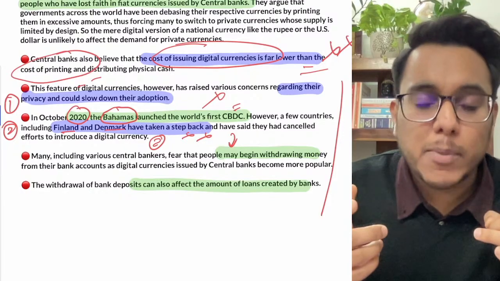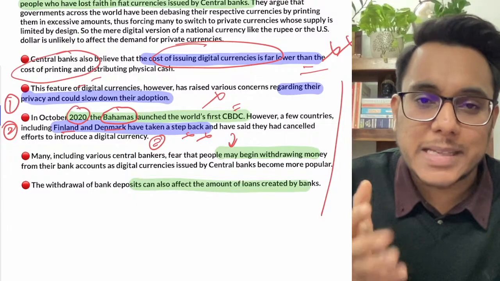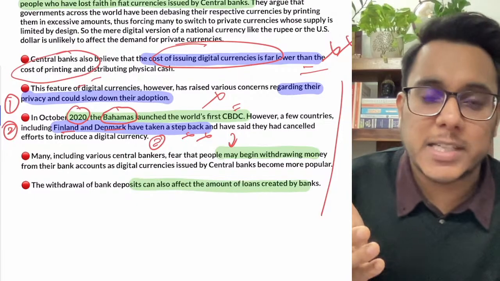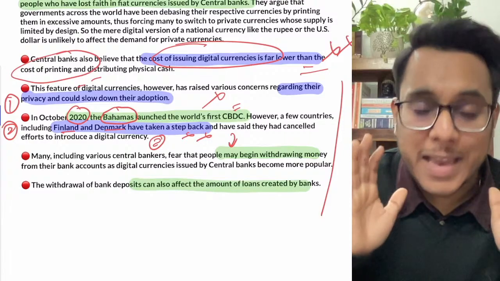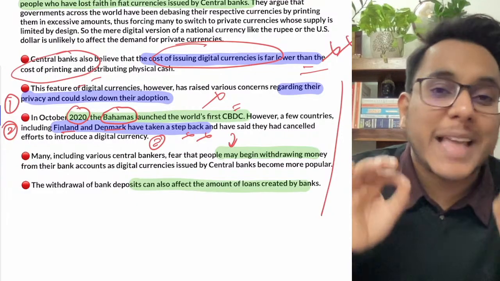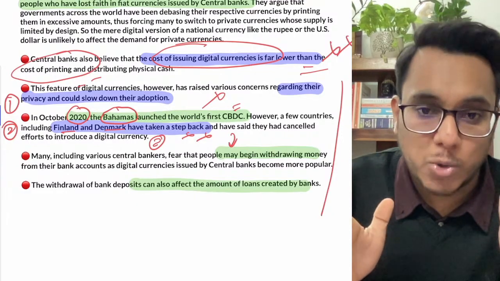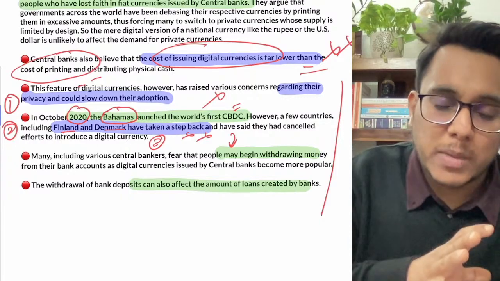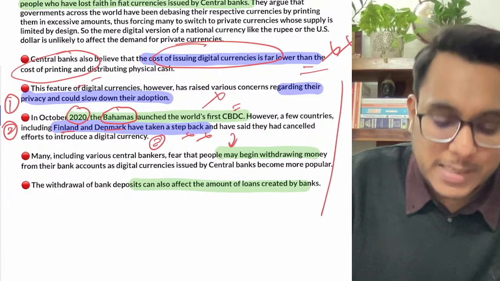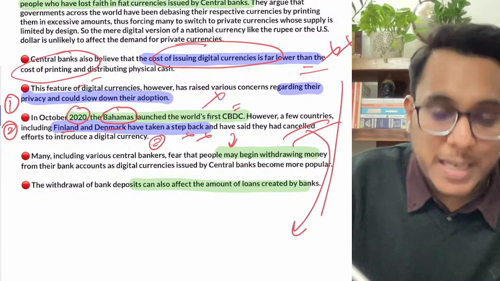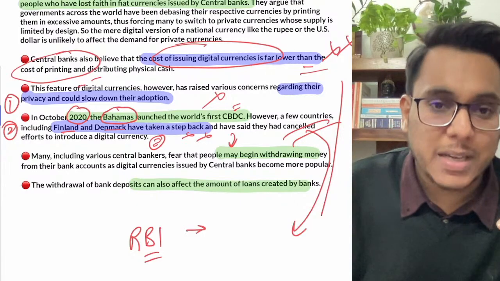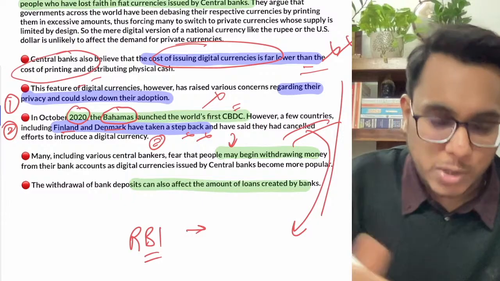This is one problem. The second problem is that right now in many countries the interest rates have virtually gone near 0%, or in many countries, developed countries particularly, the interest rates are going negative. Even in India, the real interest rate on savings accounts has gone down very much. So interest is not a very big incentive to keep money in the bank. Therefore people will withdraw all the money from the bank and just store it in digital form in the wallet. So this is one very big problem that has come. And guys, in this context, it is believed that initially the Reserve Bank of India might cap the money that you can keep in the digital currency. However, again, nothing has come very clearly in this direction.